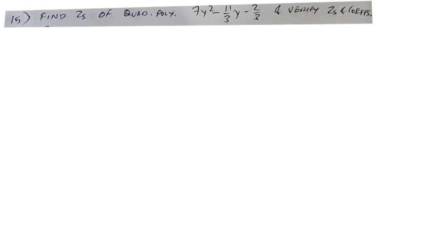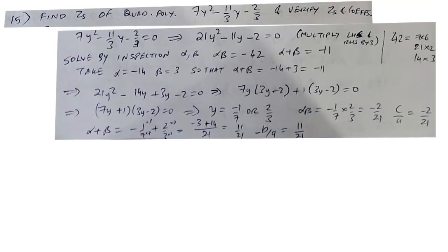Find the zeros of the quadratic polynomial 7y squared minus 11 by 3 y minus 2 by 3, and verify the relationship between zeros and coefficients. Whenever you have a denominator in some of the terms like this, it is convenient to multiply throughout by a constant factor. Because we want to find the roots of 7y squared minus 11 by 3 y minus 2 by 3 equal to 0, isn't it? So if we multiply the LHS and RHS by 3, we get 7 3s are 21y